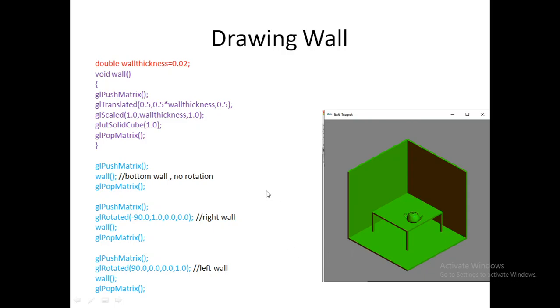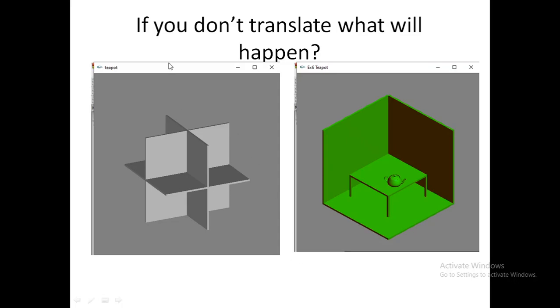We'll see the next one. Okay. Now if you don't translate, what will happen? Now here you can see. In the GL push matrix and pop matrix, you have done some translation and scaling. Because you translated, this wall has come here. If you don't translate, you see this output, it will look like this. And this will go here. You can see this one, and the other wall also here. So you should calculate the translation value and translate this wall a little to the back side, this is the right side, and this is the bottom side. This is just to understand why translate and scale are given.